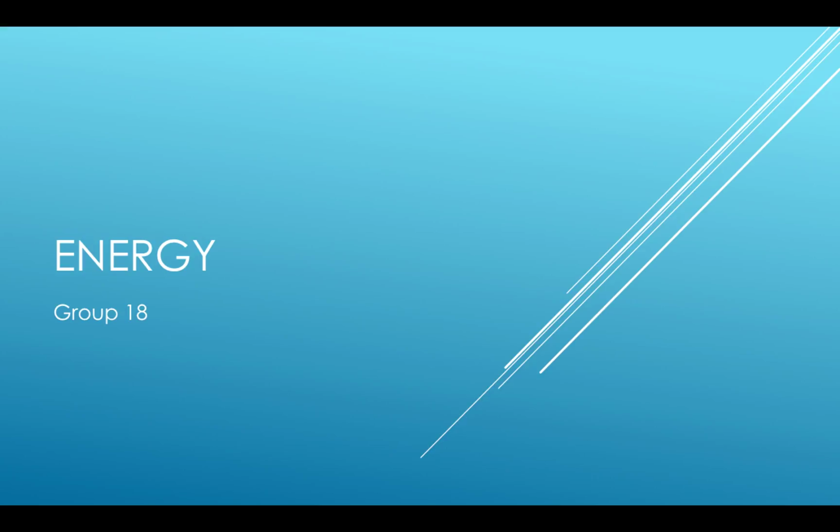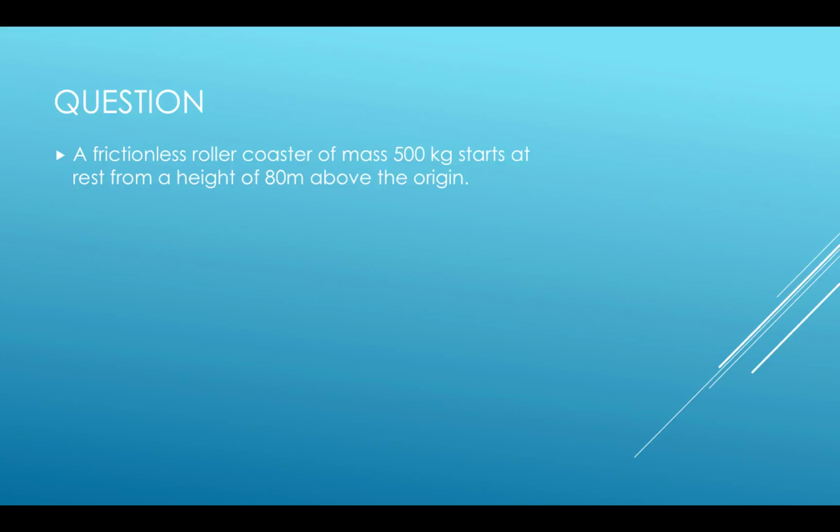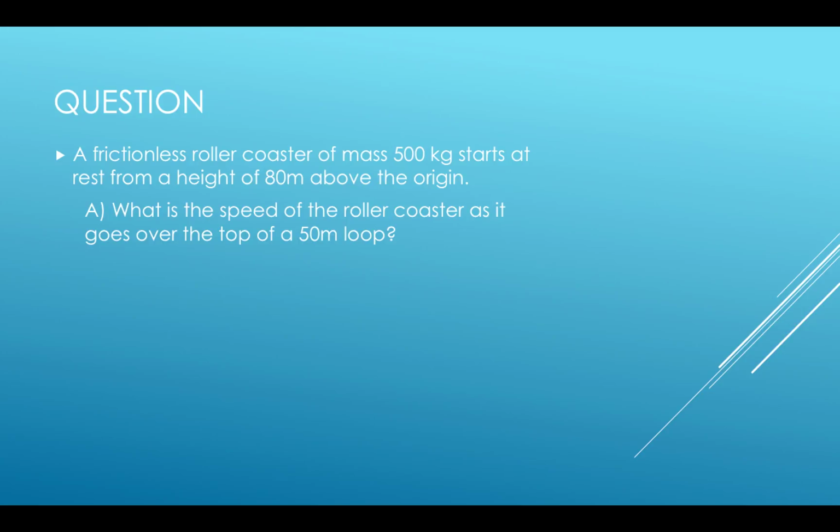Our problem will be discussing the topic of energy. The problem states that a frictionless roller coaster of mass 500 kilograms starts at rest from a height of 80 meters above the origin. What is the speed of the roller coaster as it goes over the top of a